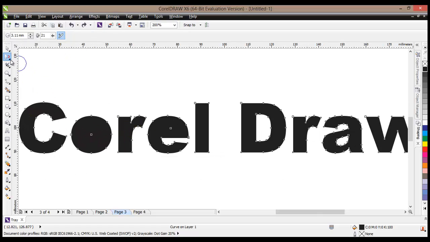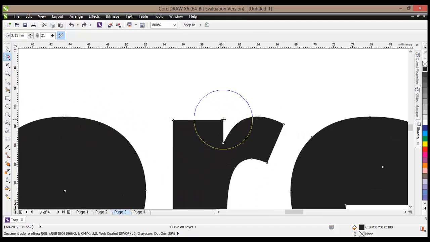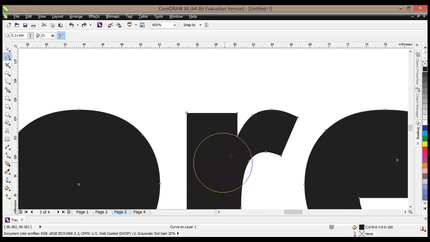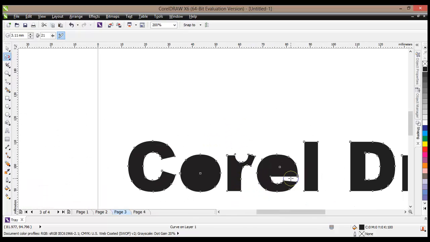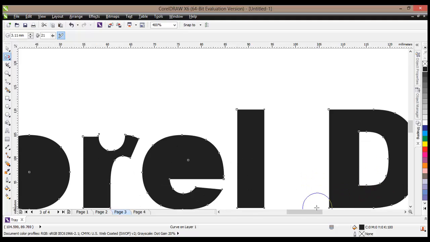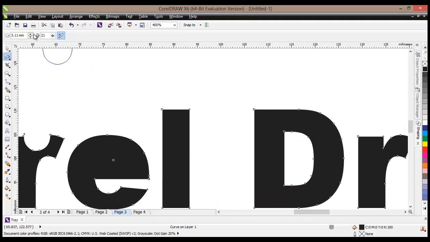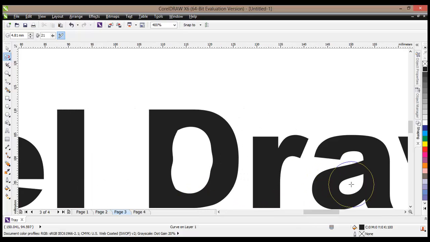The next tool is called the repel tool, and it will actually do the exact opposite. So if we look at those two nodes here on our letter R and I click in the middle, you will see that it will actually repel those two objects. So let's find another one and see how it works. Let's go with letter D, for example, and we'll make our tool a lot bigger. And if I click here, you will see that it will repel the nodes. In the letter A,